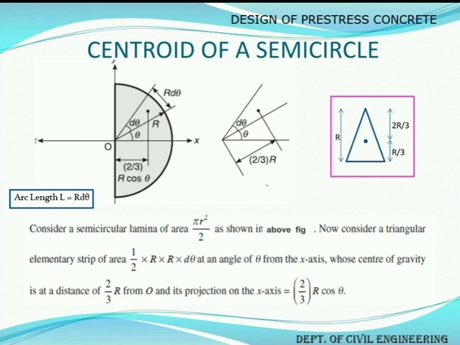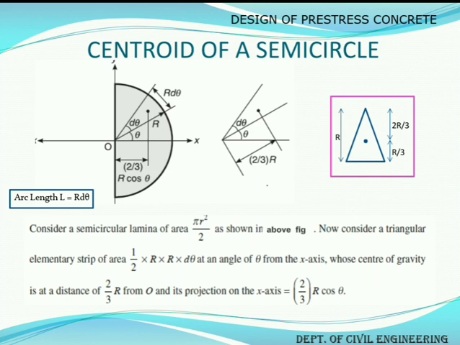Here we require the horizontal projection, hence we get 2/3 r cos theta. This will be the horizontal projected distance of the centroid of the element,